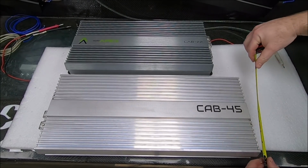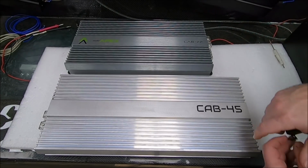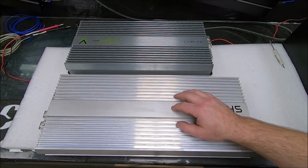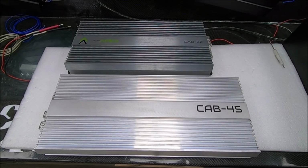So after that, we've got the same width on the case, 9 inches wide. It's going to be the same case as you see with the CAB-22, so we'll have that exact same finish. This is just a raw case right now for prototype testing, and it performs so well, we're going to